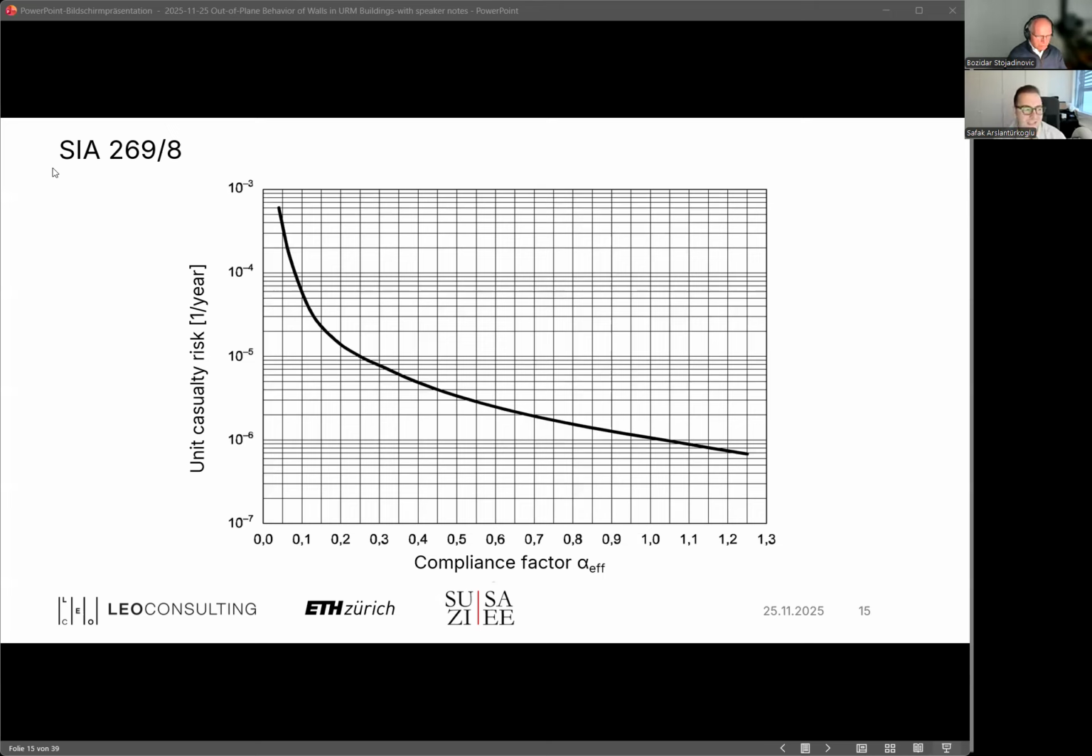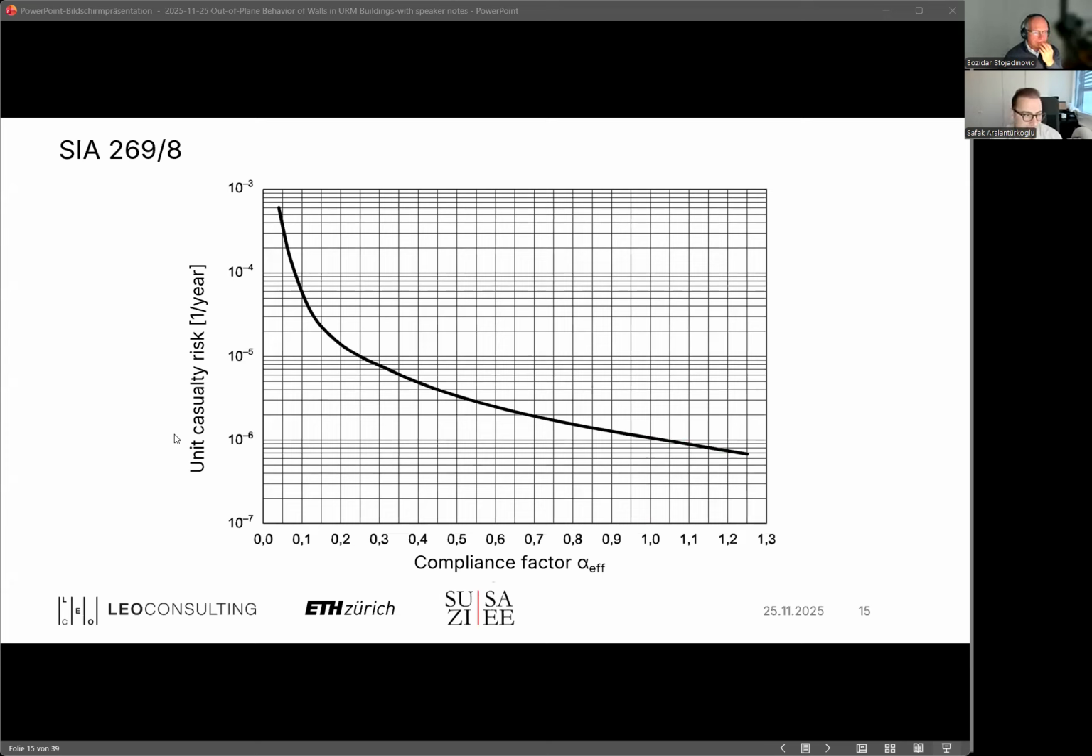On the vertical axis, there is the so-called unit casualty risk. That is a measure for the likelihood of getting killed due to an earthquake. So if a person occupies a building, that corresponds to the likelihood of this person getting killed due to an earthquake. So that is the risk curve. The Swiss code uses this curve to support engineers in decision making,